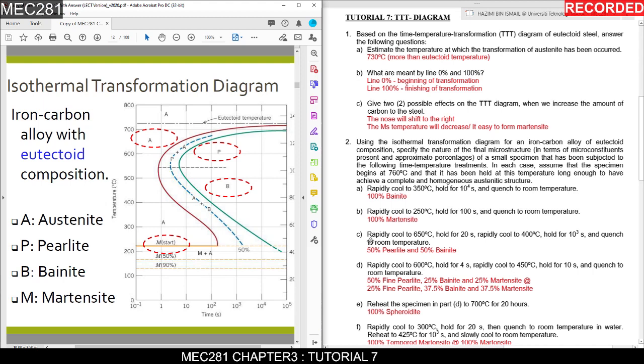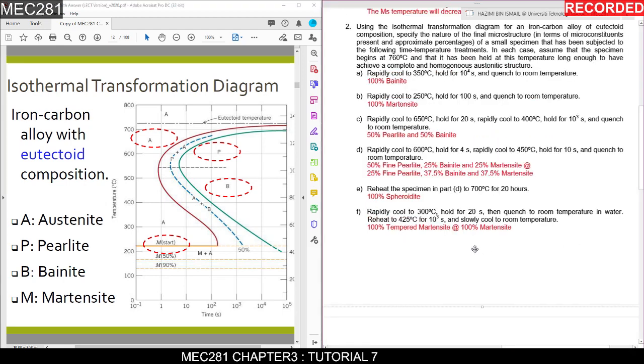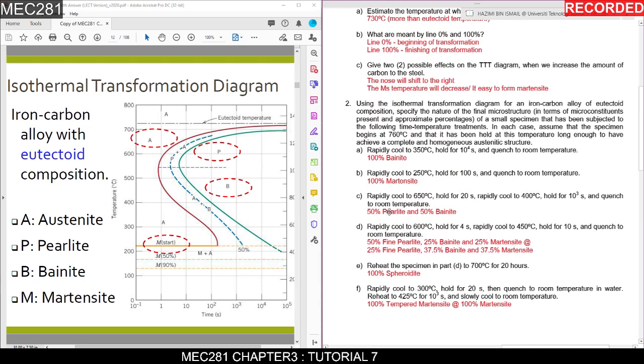And question C is rapidly cool to 650 degrees, hold for 20 seconds, rapidly cool to 400 degrees C and hold for 1000 seconds and quench to room temperature. So the answer for this one is 50% pearlite and 50% bainite. So around here, B plus B. Okay, and then the answer for D is 50% fine pearlite, 25% bainite, and